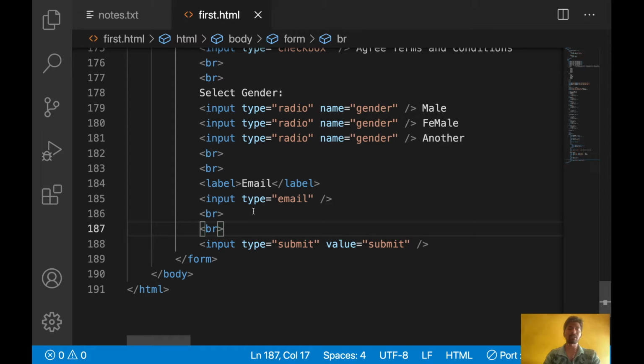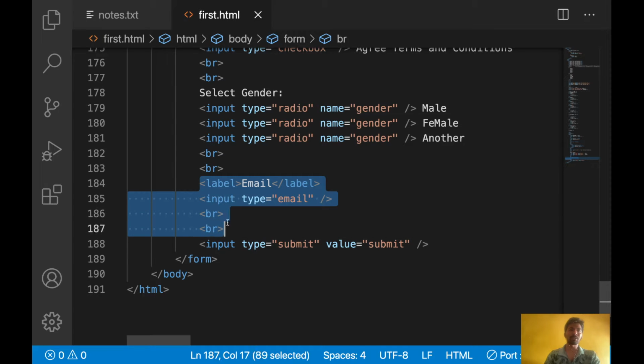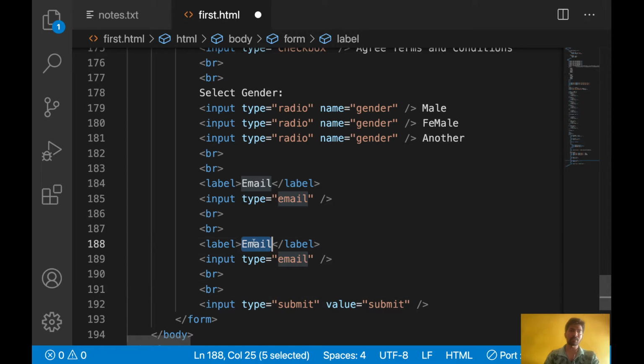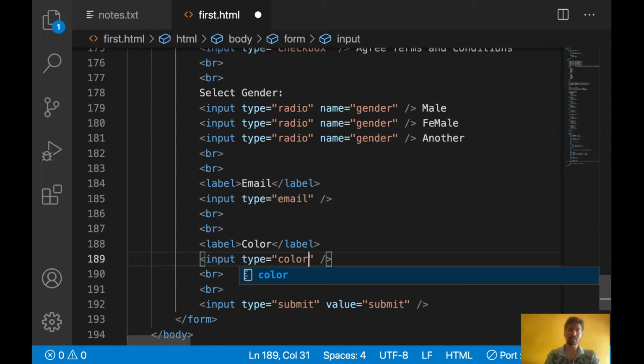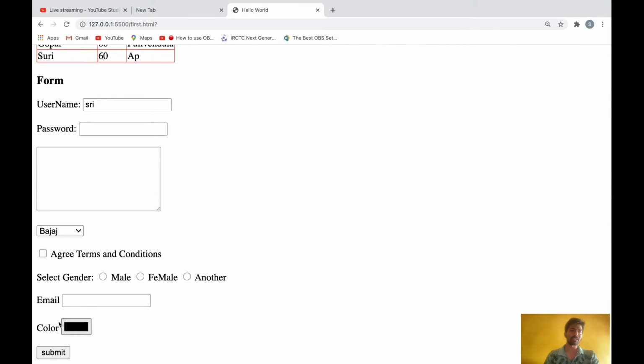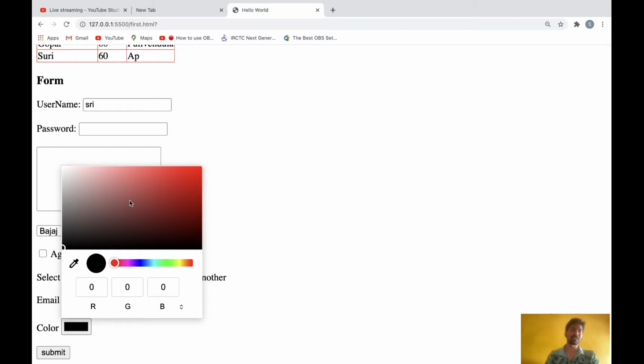Then there are other cases. Color, let's say. I will copy this one instead of writing, and here use some color. Let's see how it will display this color. See, the color will display like this. If you click this, it is the selection of color.